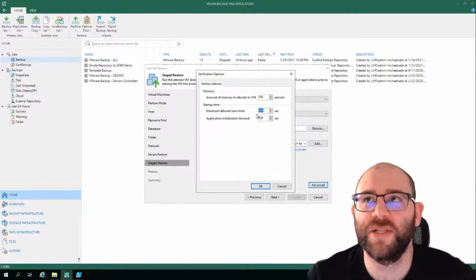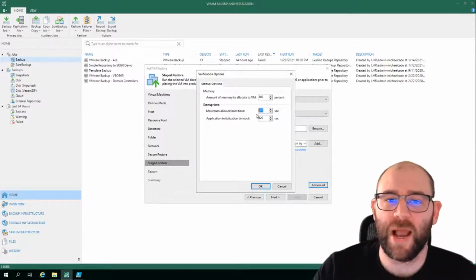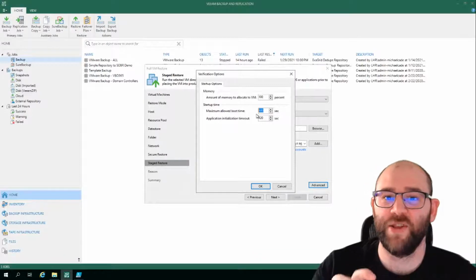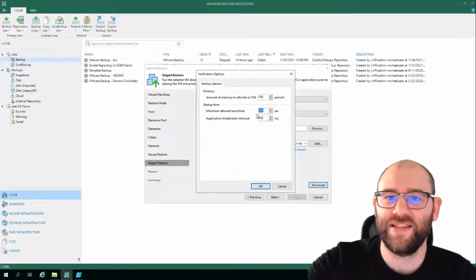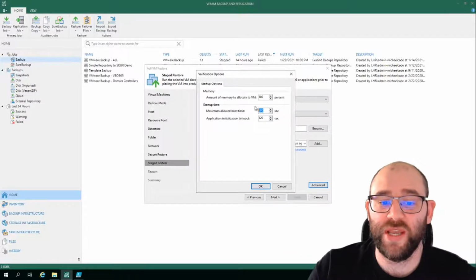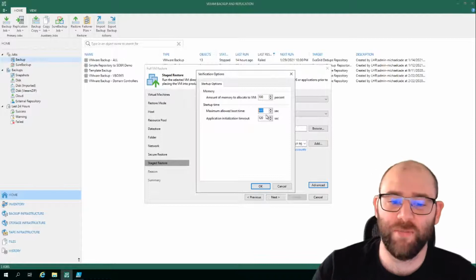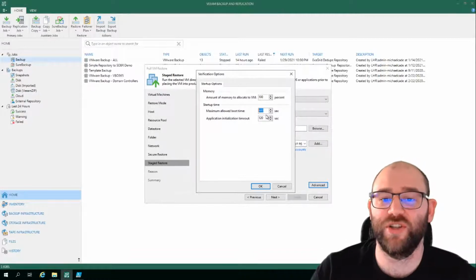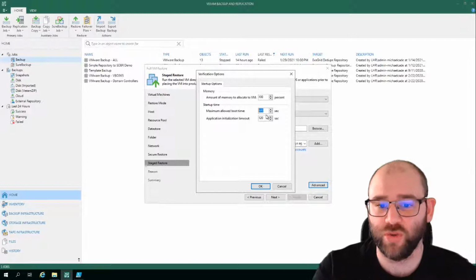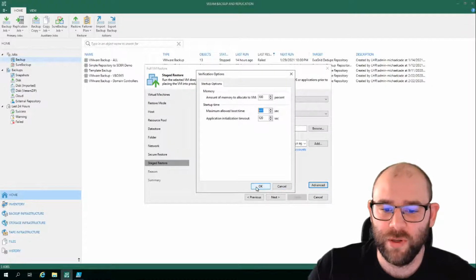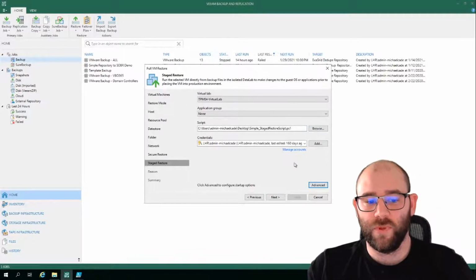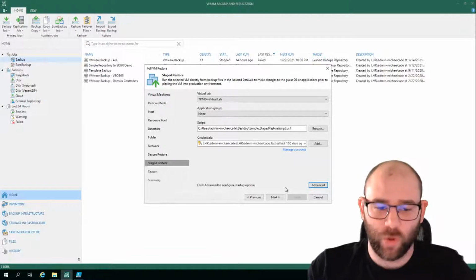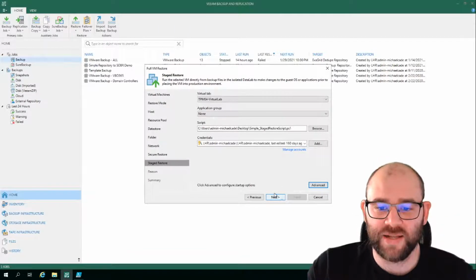I think the premise of this is not about getting your data back up and running as fast as possible. It's about getting your data back up and running in the best possible state it needs to be before it lands back into production. So we can tweak what that maximum allowed boot time looks like. We can tweak what that application initialization timeout also looks like in here as well. And then that's it. Then it's next, and it's a case of giving you a reason, so for auditors,